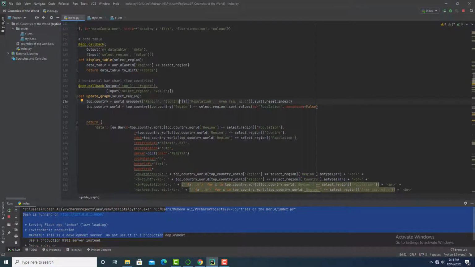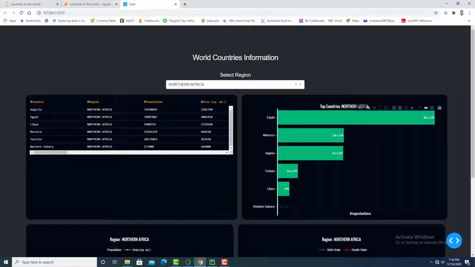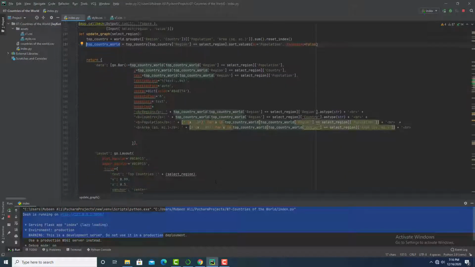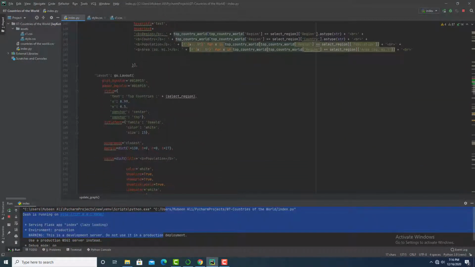So I have created another data frame to get top countries values for each region. So in the data section, I have used this data frame to filter region value to get population. In the x-axis, we can see here this is the x-axis of the horizontal bar chart. I have used bottom margin 0. I can remove it,